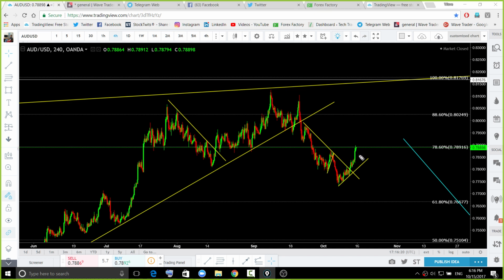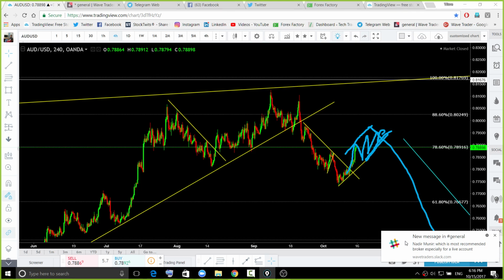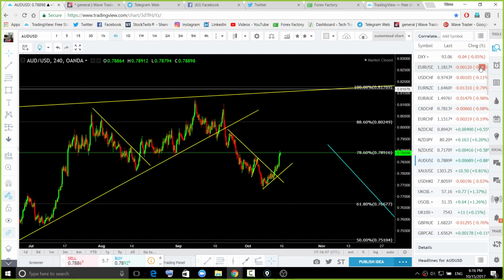So what I will do on this pair is, I want to see it do something like that, corrective behavior, the behavior which I have shown you last week. This is not a perfect pair for me to open a trade this week because it is not ready. A short-term trade you can look for on the 15-minute time frame for upside. Once price completes the bigger 4-hour continuation formation for the downside, then we're going to trade this pair. So hold this pair for next week.